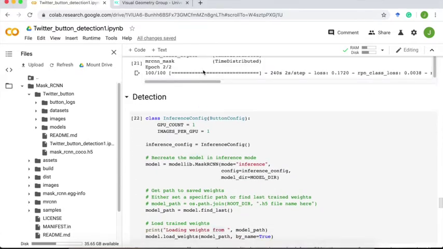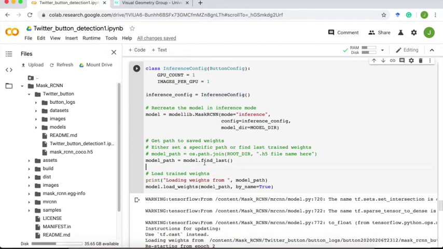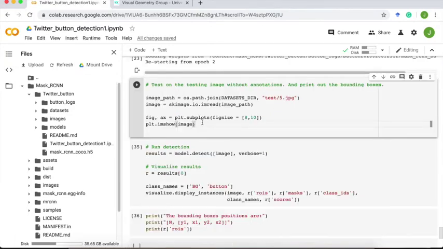After the training, we recreate a model in the inference mode, and we use the configuration in the inference configuration class. And we use the last trained weights and load those last trained weights. Here we are ready to use our model to test on our testing images. We load our image, and